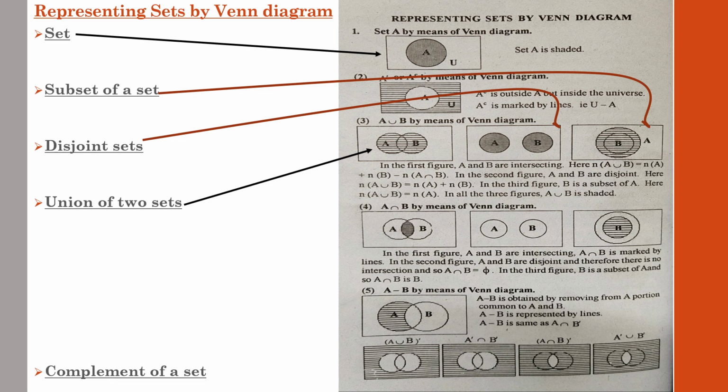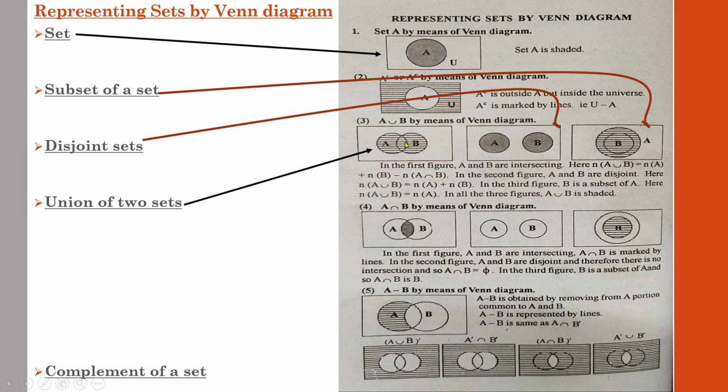You may find that equation confusing. The thing is that here the union of set means all the items of A and all the items of B. So when it is represented in the equation, it means all the items of A, n(A), and all the items of B. And if you go through these figures very closely, you can see that there is one area that is common to A as well as common to B. So when you add together all these,